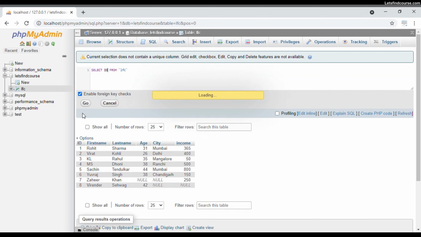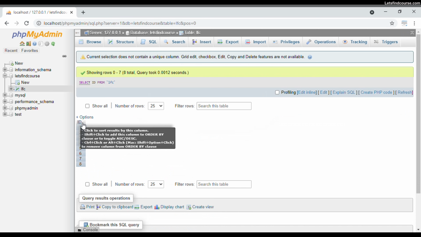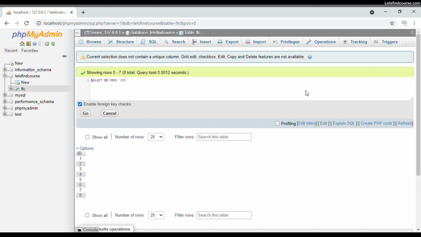When you run this query, you can see over here there is ID and these are the IDs. Now, if you want the column to be more readable for users, what you will do is put AS LFC ID. So this is our alias name. LFC ID is our temporary name and AS is a keyword which is used to put a temporary name on the column ID.